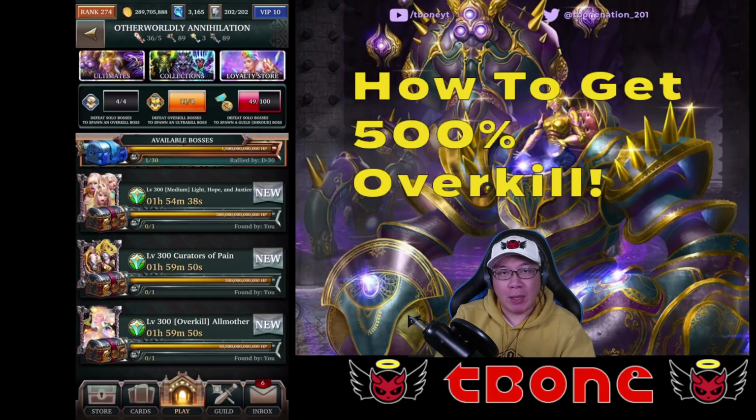So in today's episode, I'm going to go over the activation order for the full event deck, and also the optimum setup so that you can actually get both 200% overkill for your overkill bosses and also 500% overkill for the Ultrakill boss. Now, disclaimer here, I can't actually get the 500% overkill with my current setup, but if you